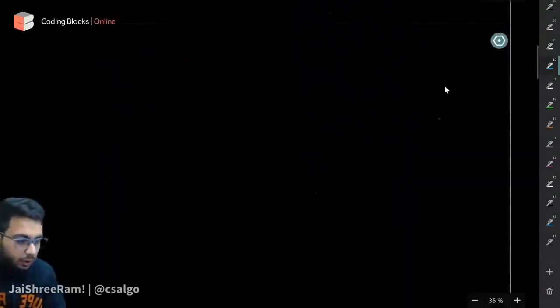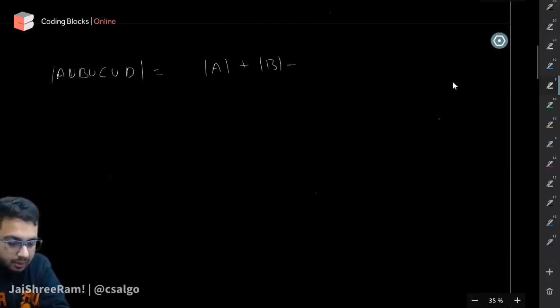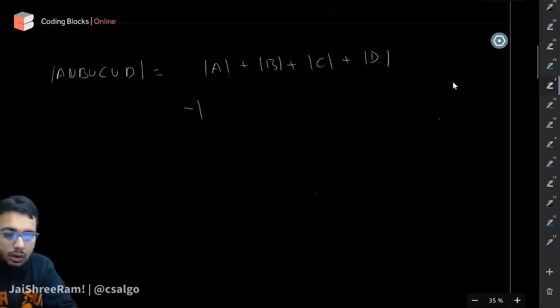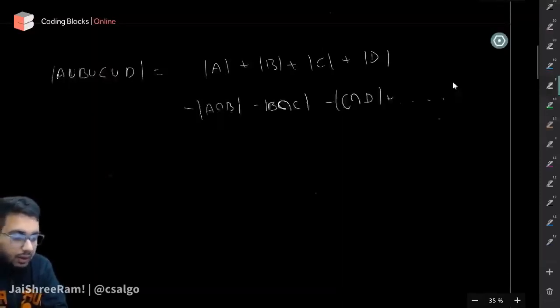So let's say you want to find out A union B union C union D. Then the formula would look something like this: A plus B plus C plus D minus, you are going to combine sets in pairs of two, so A intersection B, B intersection C, C intersection D, and so on. So this goes on, and then you're going to add,